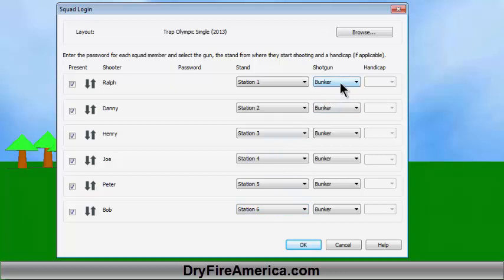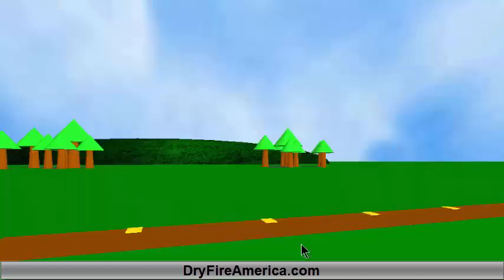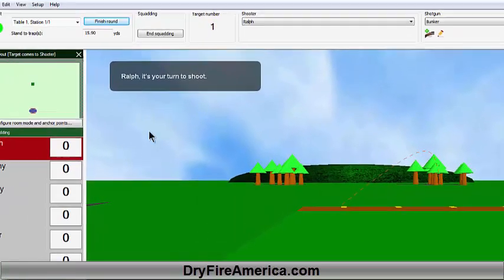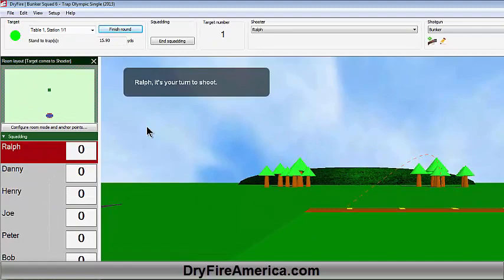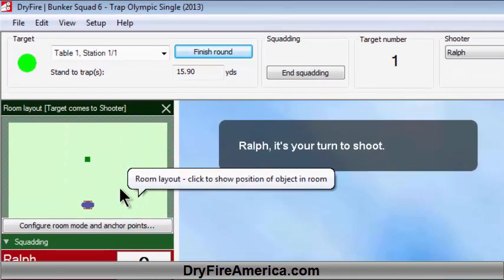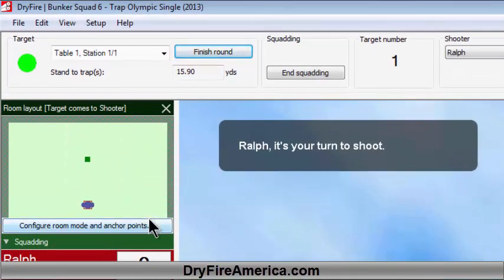Now, again, in this case, the gun for each person has already been selected as the bunker gun. That's out of 6 different guns. If these are not proper, then you're going to want to go through and pick out the gun that each shooter wants. But again, we have everything in order right now. So let's go ahead at this point and just simply click on OK, saying that's exactly the order that we want. All right. Now, I want to have you take a look up here in the layout window